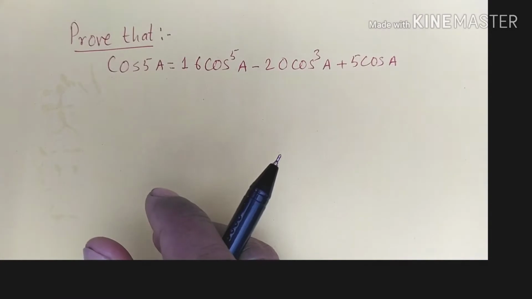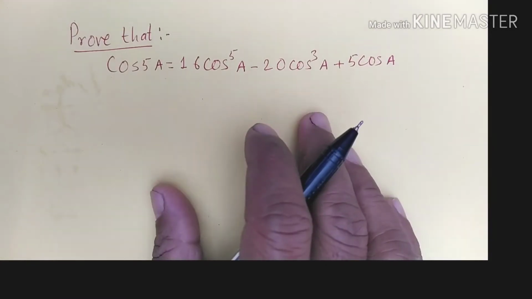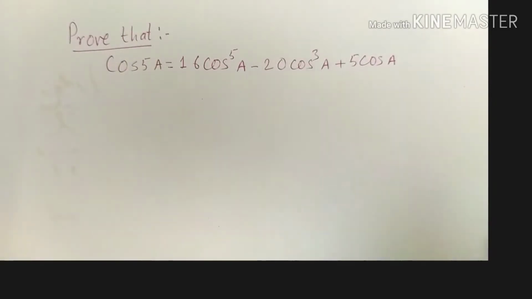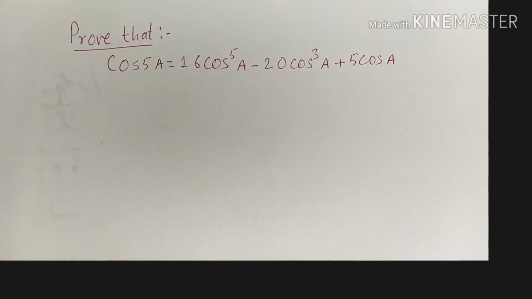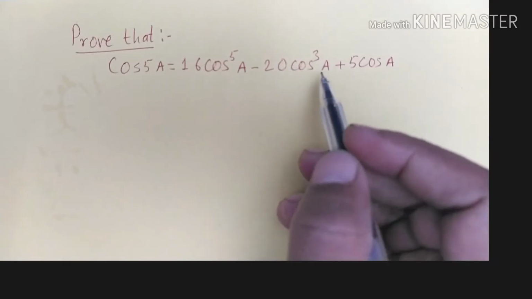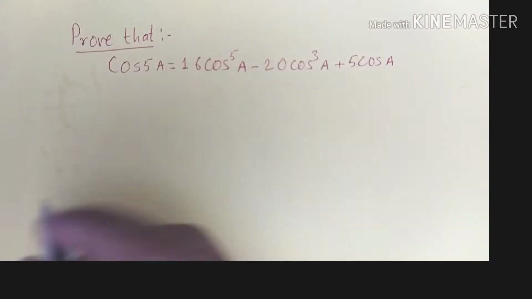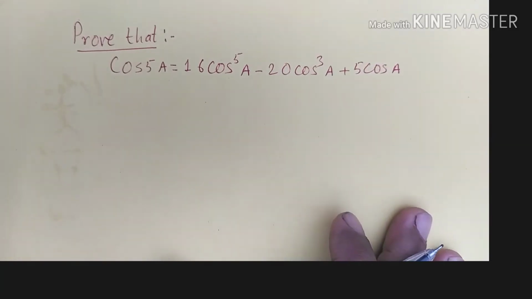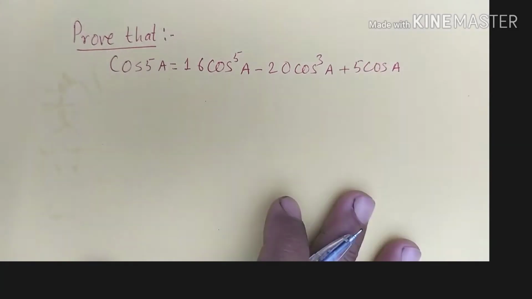Dear students, today I am going to solve another question, which is: prove that cos 5a is equal to 16 cos power 5 a minus 20 cos cube a plus 5 cos a. In order to solve this question, we should take the left hand side, which is given as